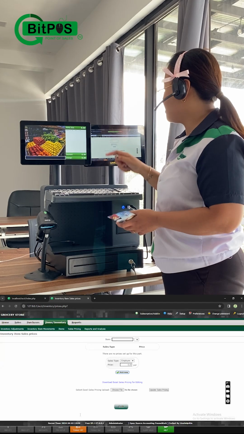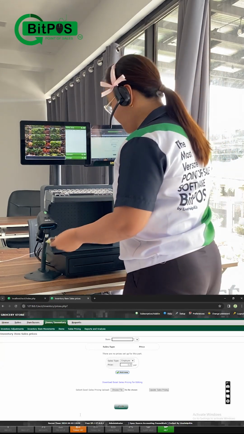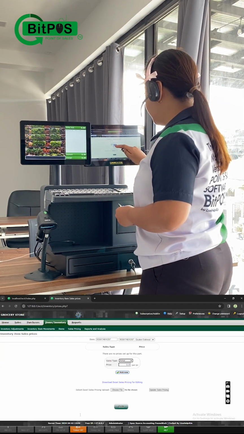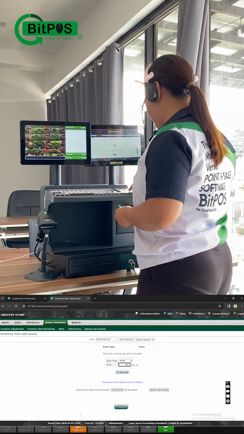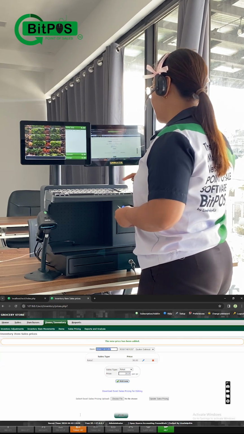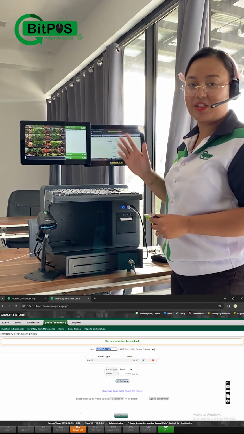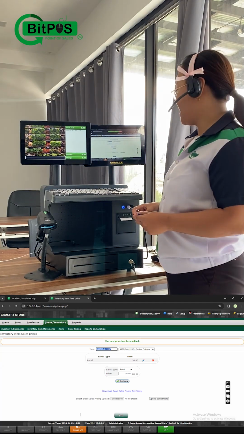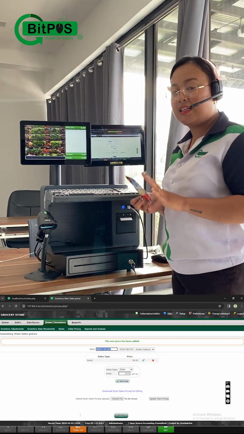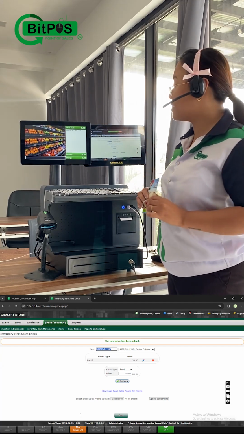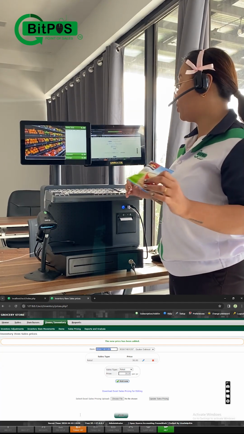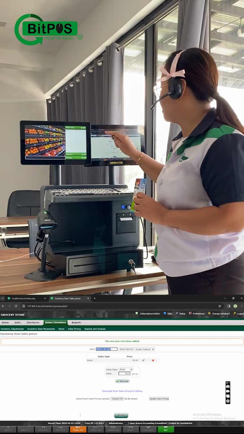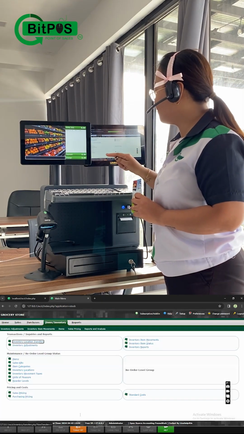Under the sales pricing part, we can just scan the item and then select retail price, input the price of the item, and then tap add new. Automatically, the system will confirm a new price has been added. Since I already added the name of the item as well as its price, I am going to put an inventory quantity available on hand for this item by going to item/inventory.